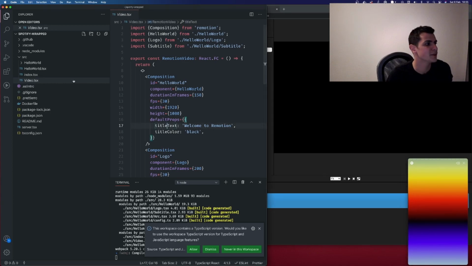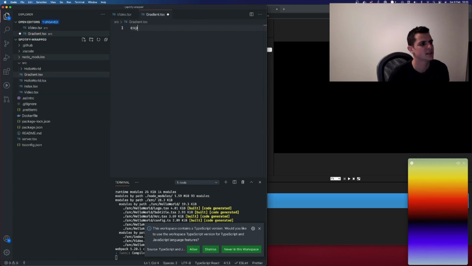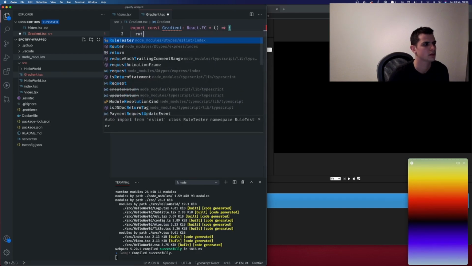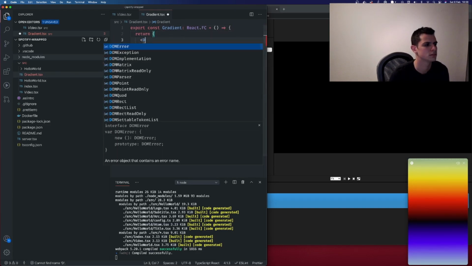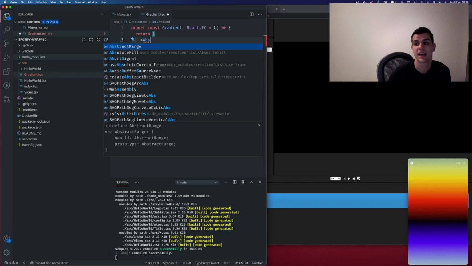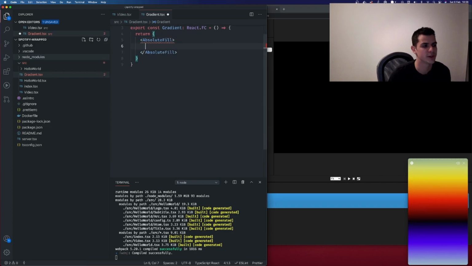First thing we're going to do is we're going to recreate this gradient. I'm going to make a new component, export const gradient, I'm going to use the absolute fill component from Remotion,